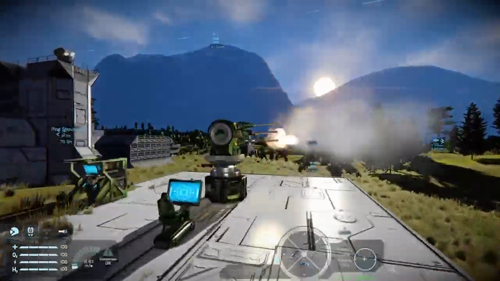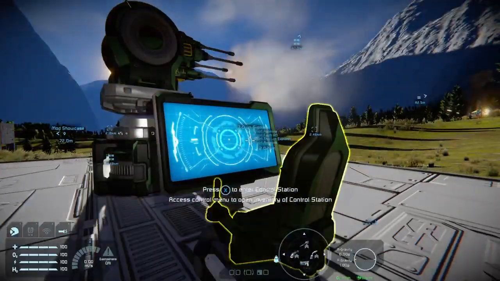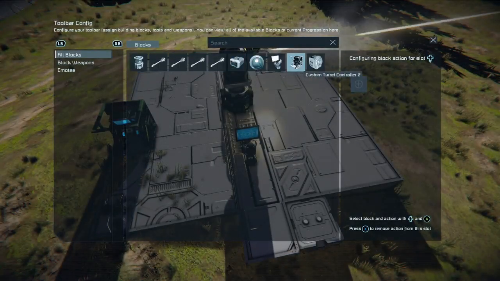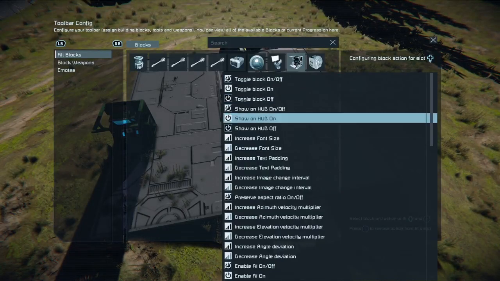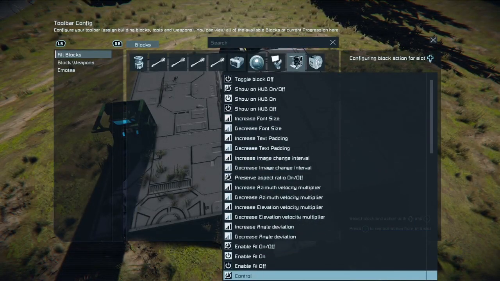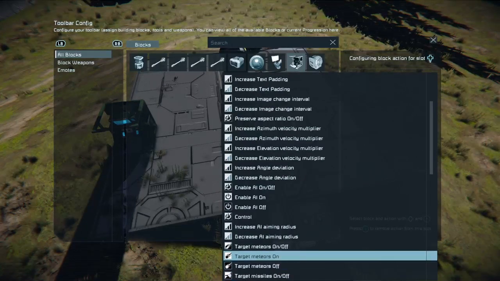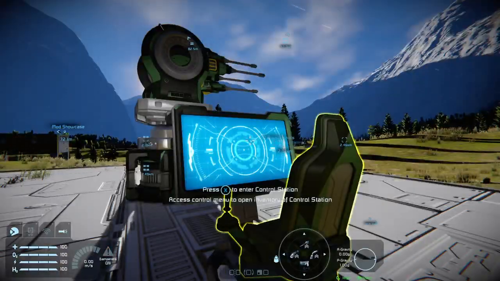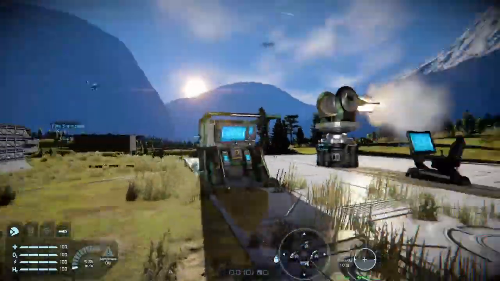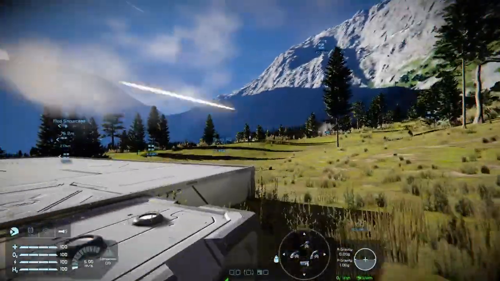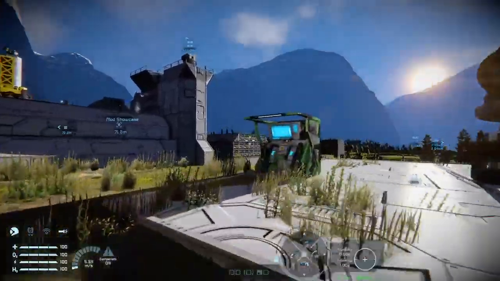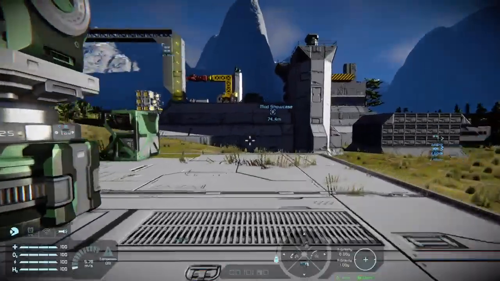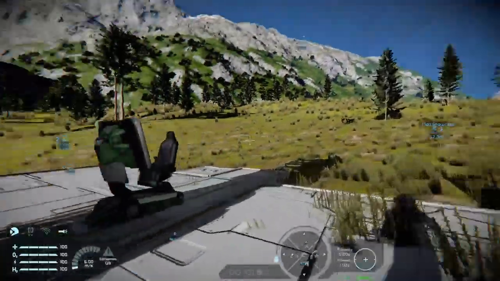And the control option for it should appear on your shortcut bar when you come across to selecting the custom turret controller, and it's always under enable AI on and off. I have not seen, and I've tried this out on various different kinds of grids and builds, the option not pop up. If it's not popping up, then there could be a problem with the game. I'm not sure why it wouldn't pop up.